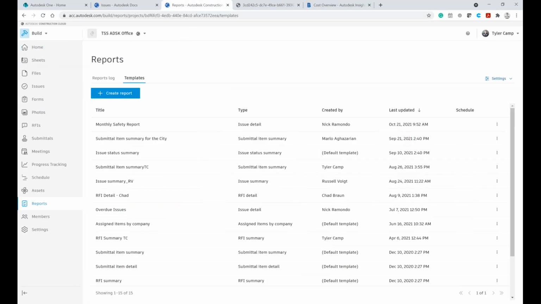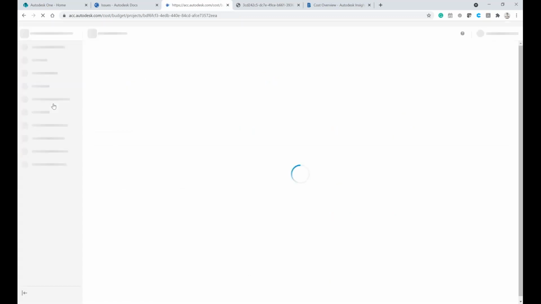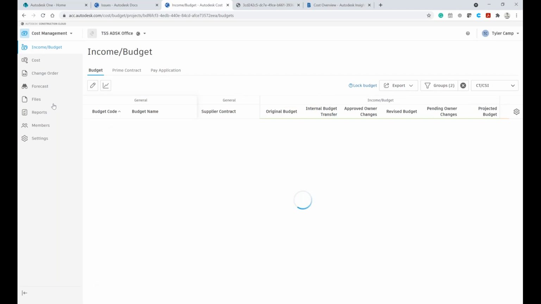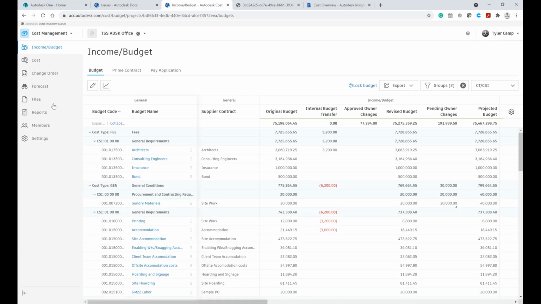The last thing to show you quickly is the cost management tool that I mentioned. It was created not to replace accounting software, but to take what accounting software might be missing. In construction, you have budgets that you need to manage. You have contracts and purchase orders that need to be managed, and change orders and change management to be able to issue those T&Ms, and then also to forecast. So the tool is created to allow those gaps to be filled,